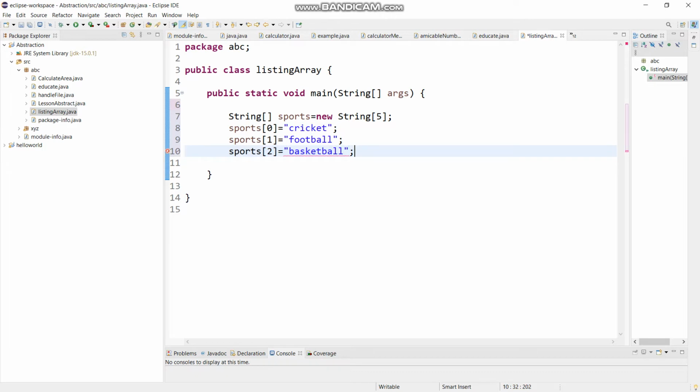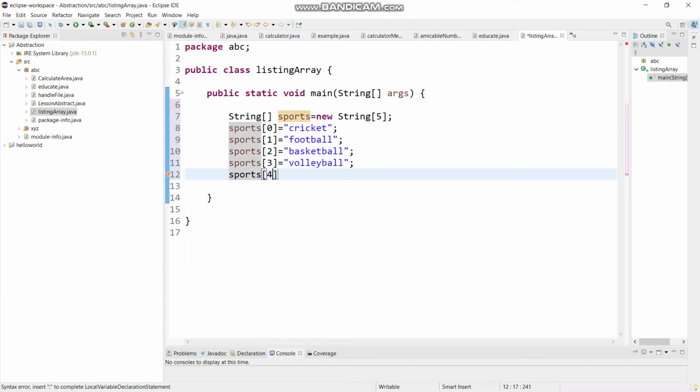Similar to this, we will be adding two more elements: the fourth one is volleyball, and the last one is athletics.